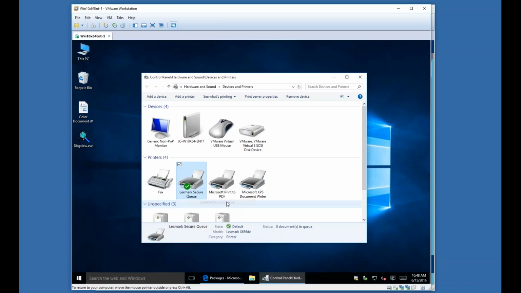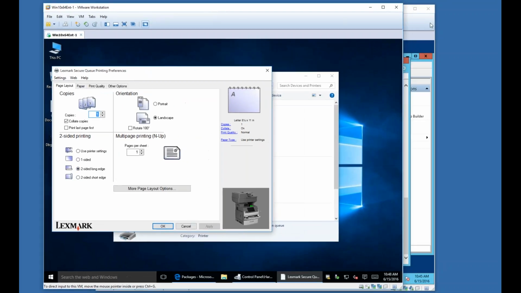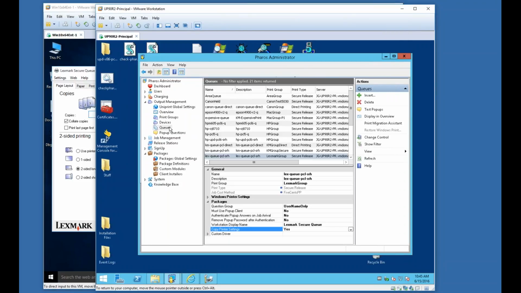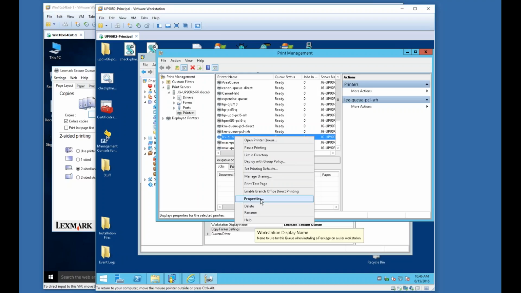Let's go check our printing preferences on our Lexmark Secure Queue. And look, excellent. We have landscape as a default, and we have two-sided long edge as a default. So remember I talked about on the Uniprint server, in order to make sure that those defaults come across, two things are important. One is to make sure that your copy printer settings value under the queues section here is set to yes. And then second, you have to make sure that you go to your actual print queue on